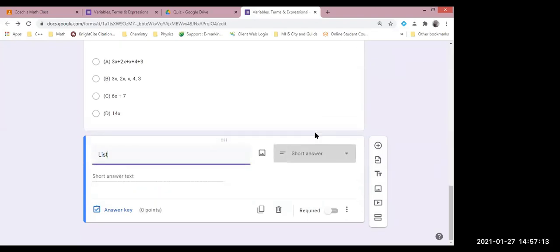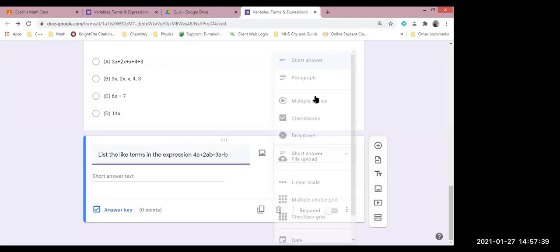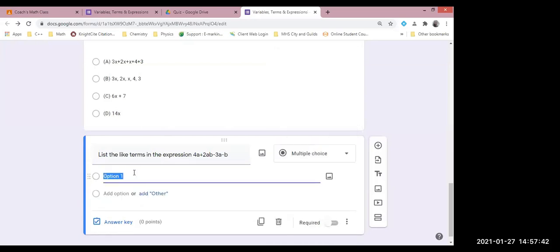So a possible question could be: list the like terms in the expression, and say we have our expression 4a plus 2ab minus 3A minus B. All right, and we know we change our option to a multiple choice because it's a multiple choice option, and we know this is our option A, and we have our responses for A, we have 2AB,